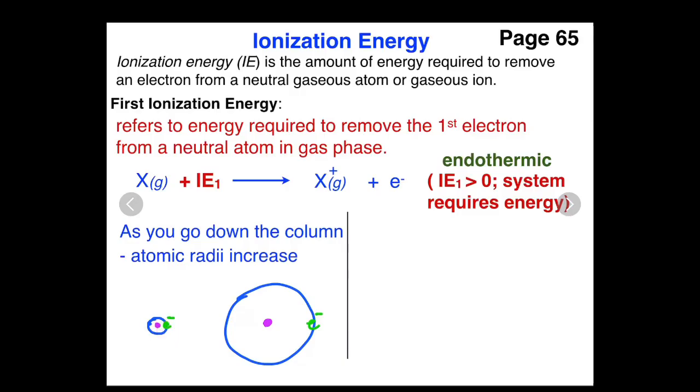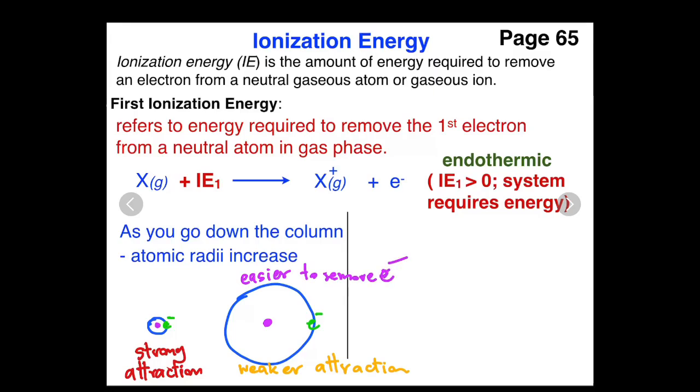Therefore, in this case, the nucleus would hold the electron more strongly, right? So this is going to be a strong attractive force between the electron and the nucleus. But with the bigger size, you are going to end up with a weaker attraction between the nucleus and the electron. Therefore, in this case, the bigger atomic size would make it easier to remove electrons. So this is going to result in easier removal of the